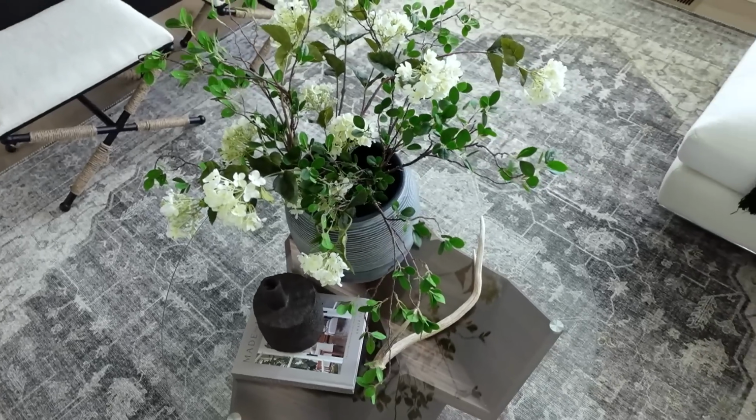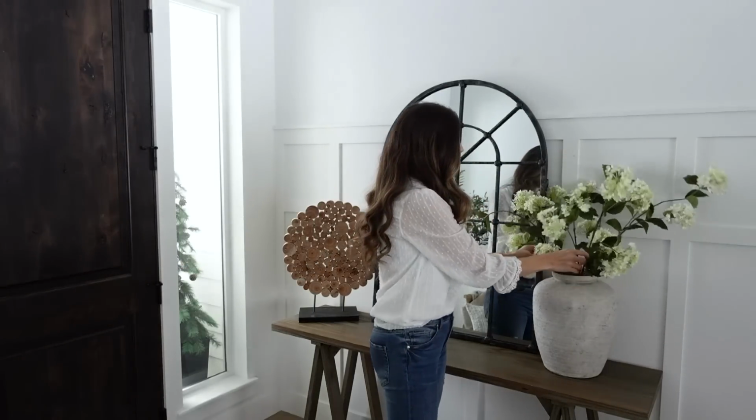They're $9 when they're on sale, but that's still an incredible deal for the size of these. I think these retail at other stores for much more than this. And they get quite a bit. That's just one stem, and the best part, they are super tall, which go great in a large vase like this. So when you're looking at your florals, think about what vase you might be wanting to put those in,